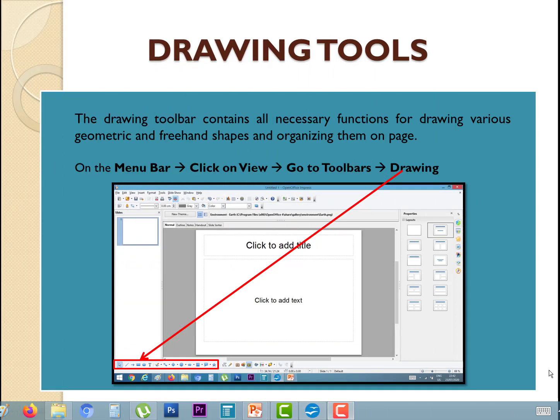Our next topic is drawing tools. The drawing toolbar contains all necessary functions for drawing various geometric and freehand shapes and organizing them on the page. Step: click on the menu bar, click on the View option, go to Toolbars and go to the Drawing option.